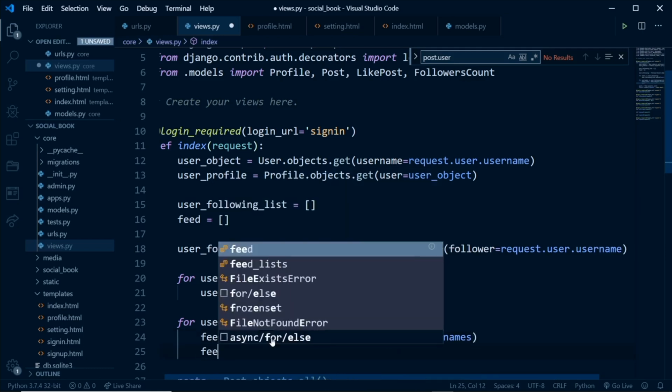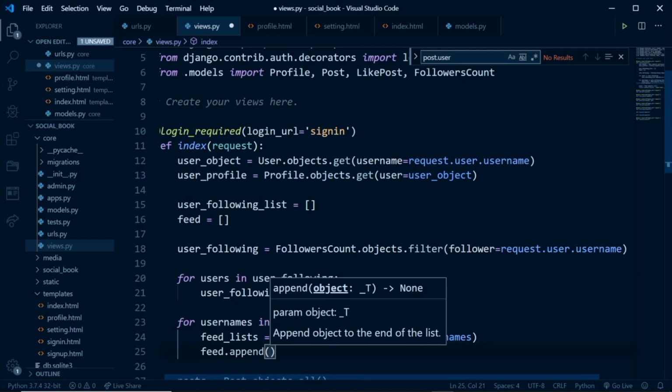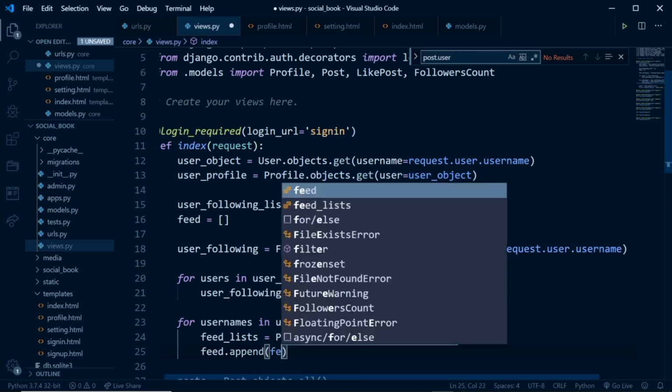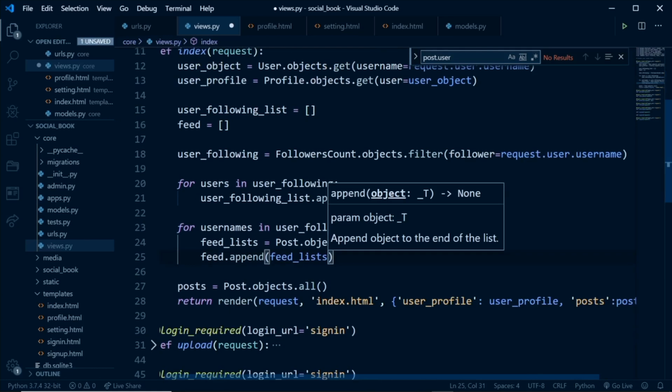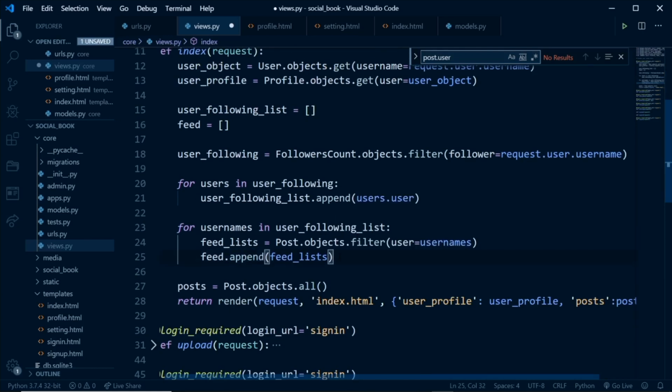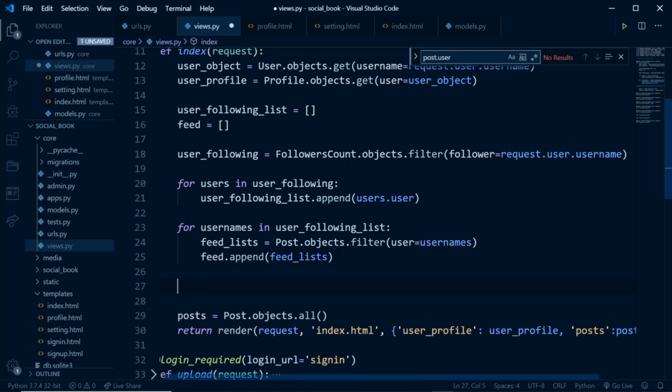And let's just say feed.append. Now I want to append to this feed list. Now that we have that, this is like a query set now. I want to convert that to a list so we can loop through it in the template. What we're going to do now is to say feed list,